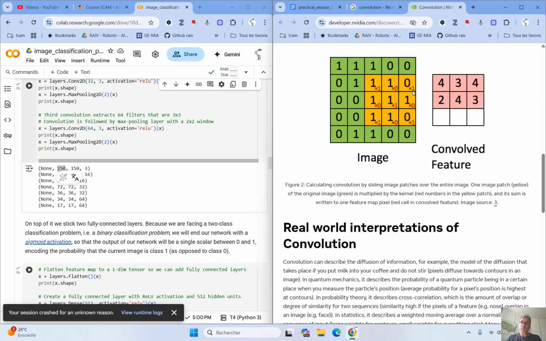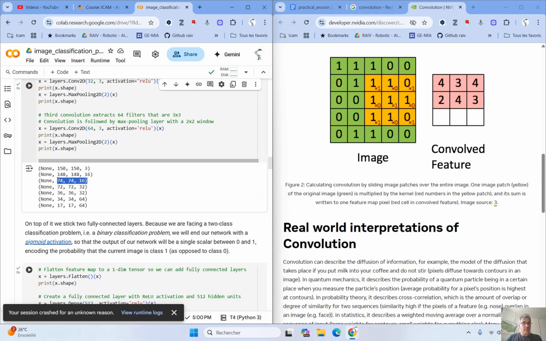So we lose a border pixel: the width is minus 2 and the height is minus 2. Here we have a 3 by 3, here we have a 5 by 5. We lose 2 pixels on the left, on the right, on the top, on the bottom.